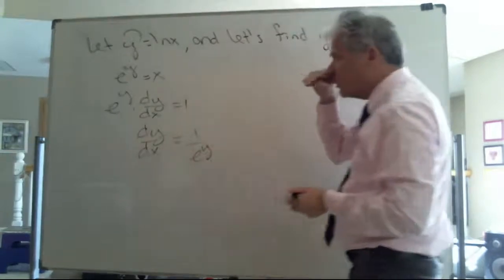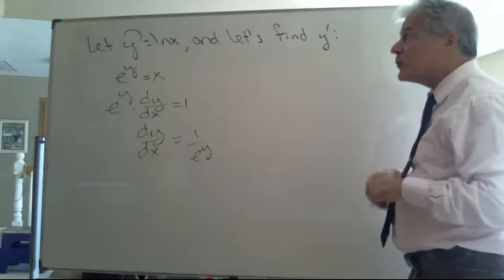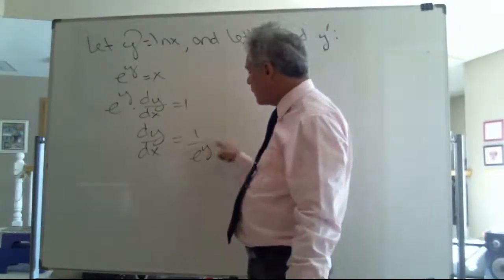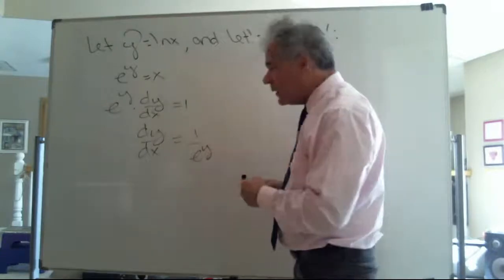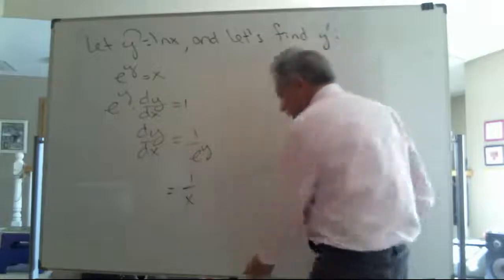And I've done nothing wrong, but it's kind of nice, if at all possible, to express dy/dx in terms of my original independent variable, and I can. Because I think another name for this denominator, according to that relationship, is just x. So I think,